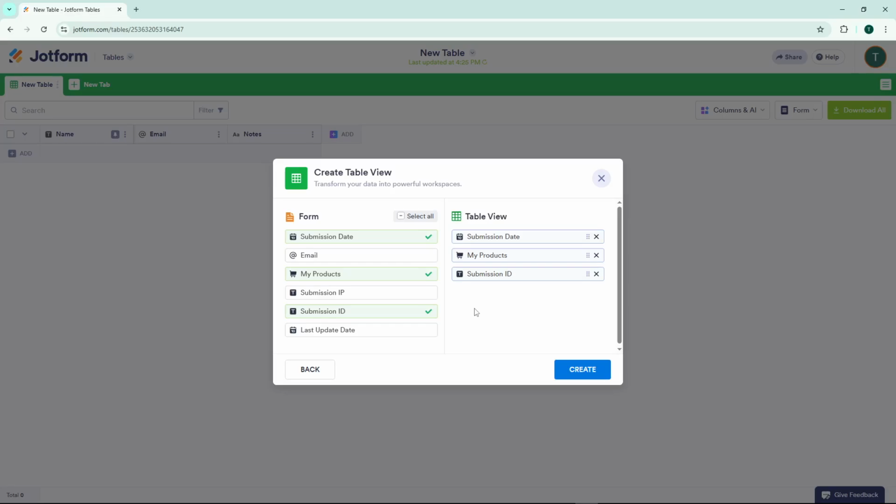Finally, once you've arranged everything to your liking, click Create. Your table will now be generated with all the data from your selected forms automatically populated. Any new submissions to those forms will also appear in this table automatically. And that's it. You've successfully set up a Jotform table that pulls data from your existing forms, giving you a centralized place to view and manage all your